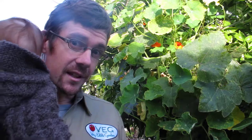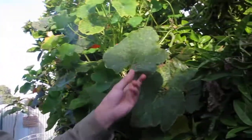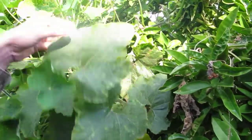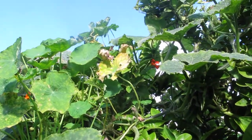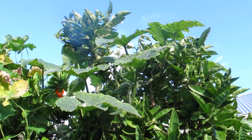But if you look more closely, instead of just having grapefruit, you can see a whole lot of other leaves. So here are the grapefruit leaves, the small citrus leaves. We've got pumpkin leaves growing right up through the grapefruit. We've got nasturtium leaves right up. The highest leaves on the plant are actually nasturtiums. Oh, and pumpkins right up the top there. You can see the nasturtium flowers here,